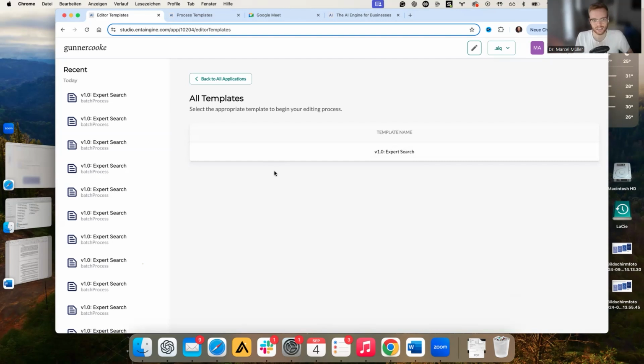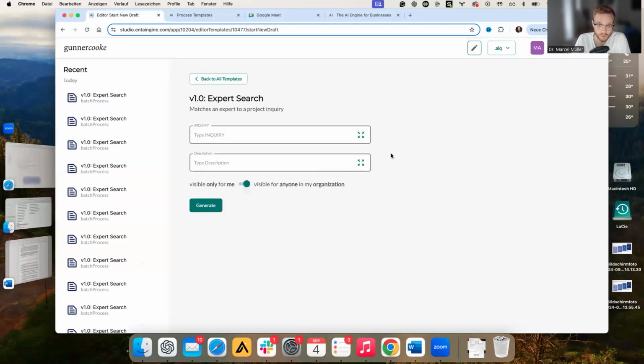So we built an editor application for them that is focusing on the following process. They get an inquiry from a customer or a potential customer, a lead, where a customer is saying, hey, I'm looking for a person who knows X, Y, and Z and can help me with this and this project. And we built an application for them that is an editor application that lets them draft that answer to that inquiry in a very helpful way. And we call this the expert search. So we have here the example